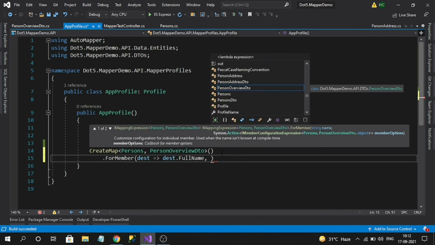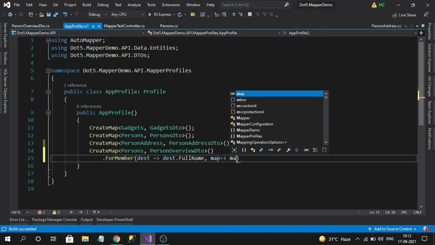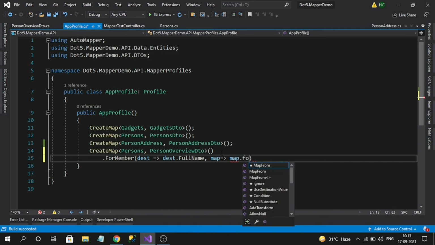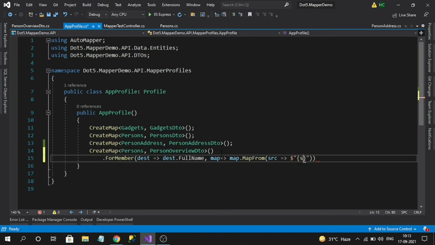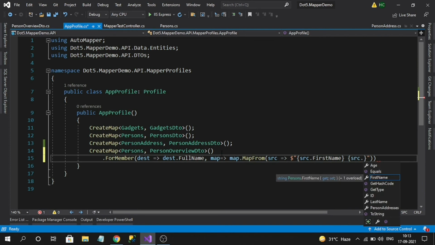So for this destination, I want some data like, see here.